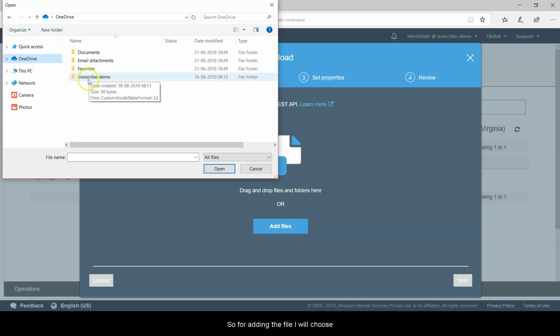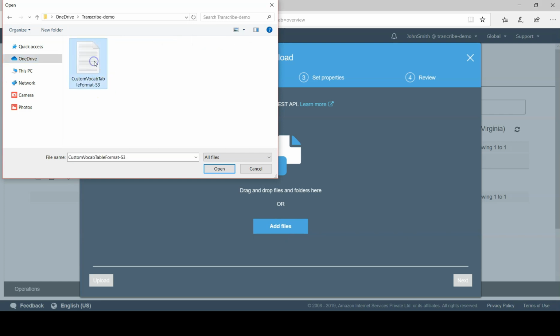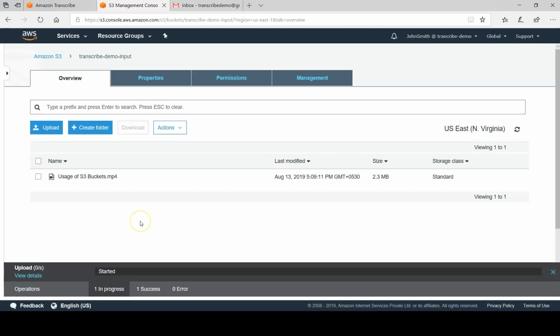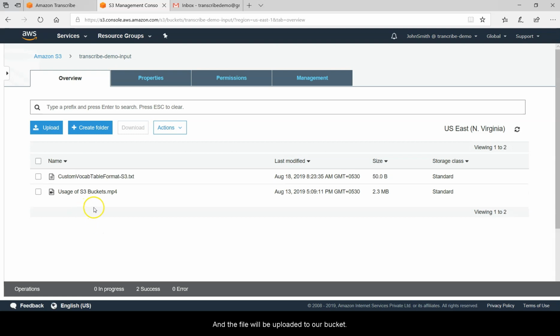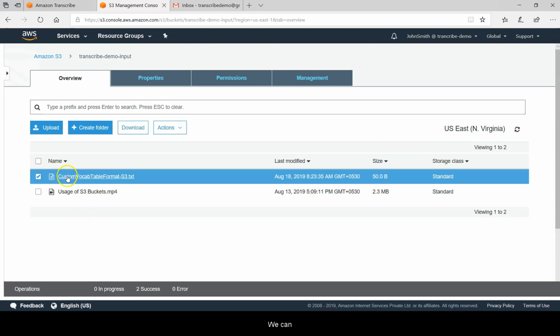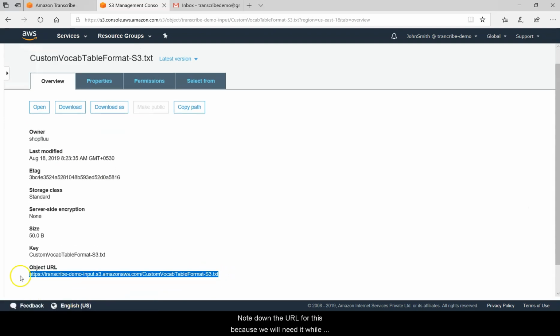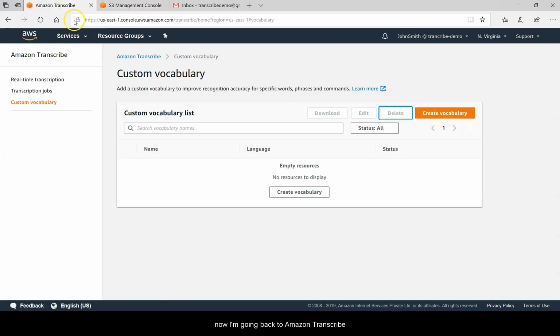For adding the file, I will choose the notepad file that I have just created, and we can simply select upload here, and the file will be uploaded to our bucket. We can expand it and note down the URL for this because we will need it while creating our custom vocabulary. Now I'm going back to Amazon Transcribe.